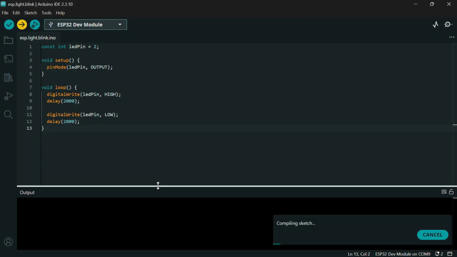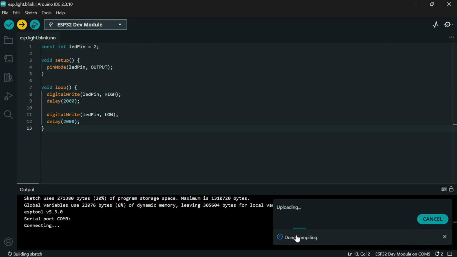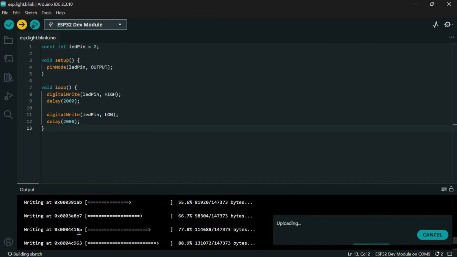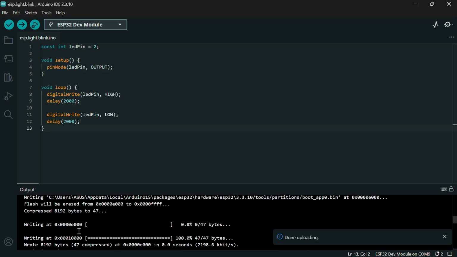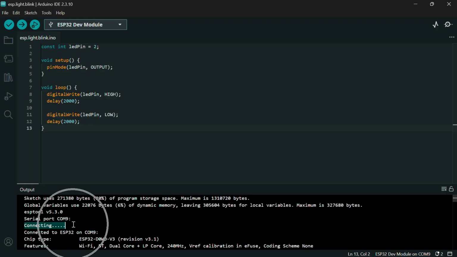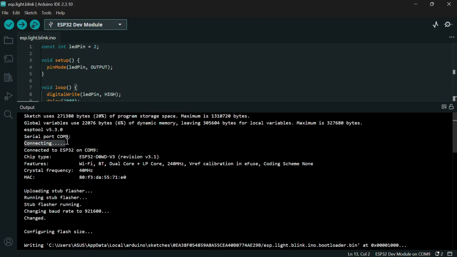So when the code is uploaded to the ESP32, it will work as per our command. So let us see the uploading part. Sometimes it will get stuck at connecting here at this point. At this point the ESP32 won't be able to get the code. At that time, while connecting, we can